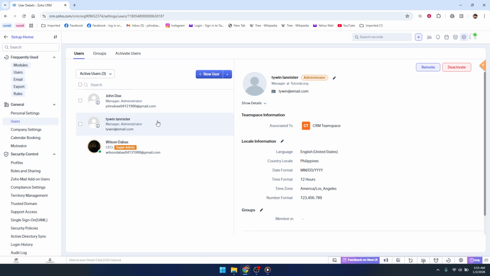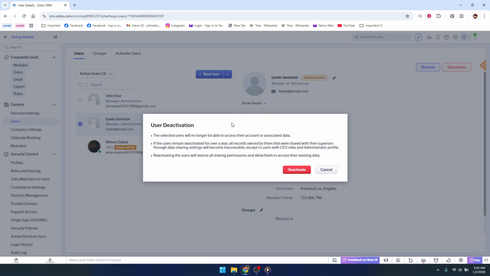When you locate that person in the list, move your mouse over their name. As you hover over the username, additional options will appear to the right. One of these options will be Deactivate. Click on Deactivate. At this point, Zoho CRM is going to ask you to confirm, because deactivation immediately prevents that